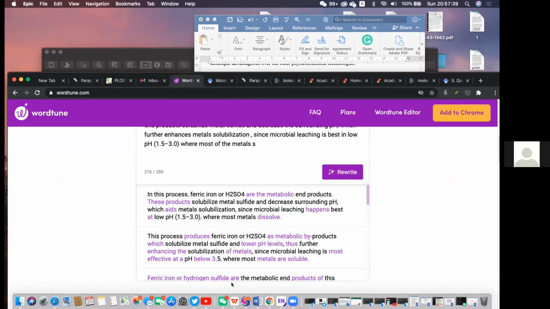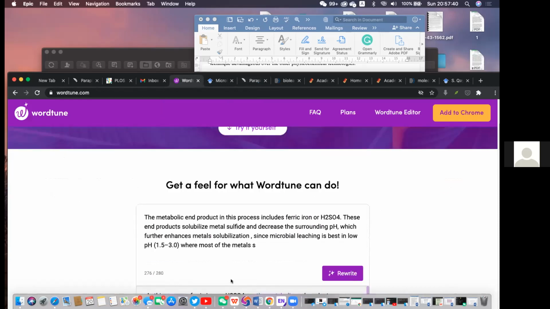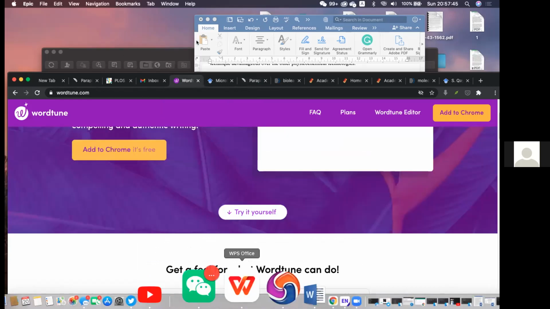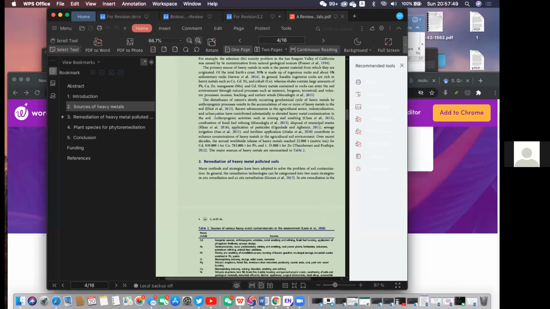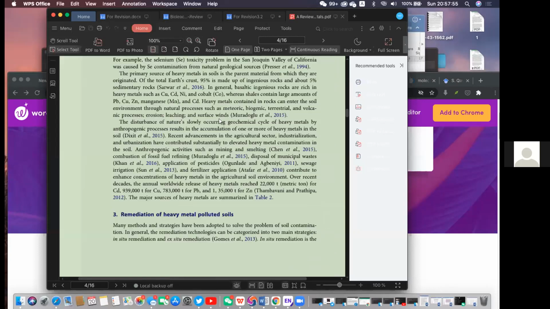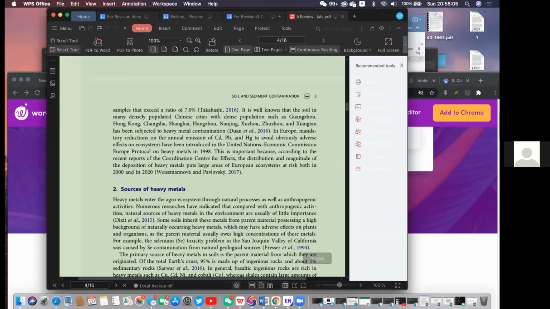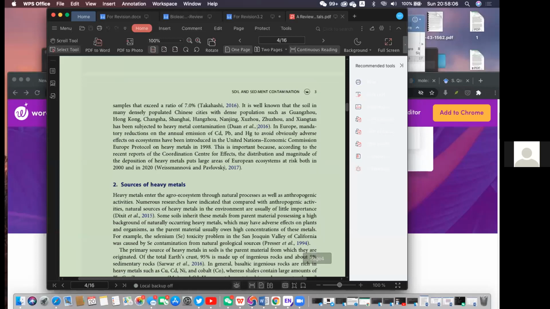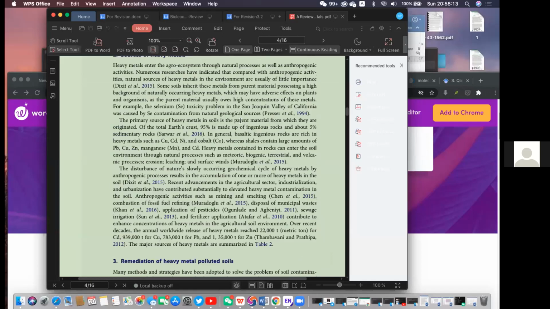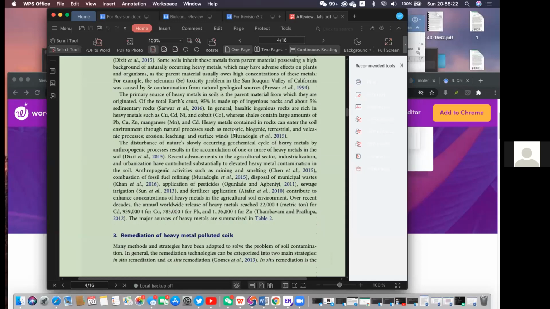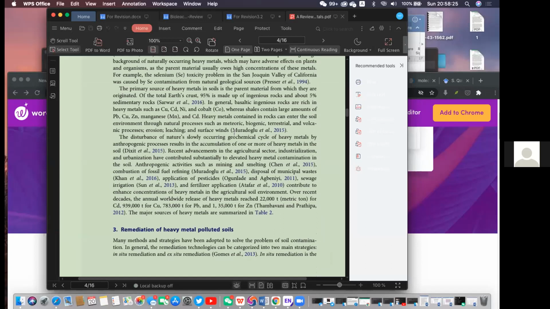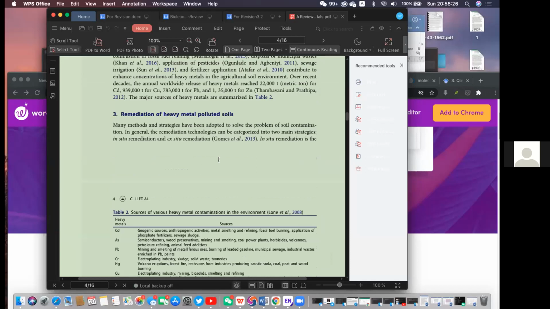So let me try and open a journal. For instance, I'm reading this journal and come across something in there. I think because we cannot write everything from our head, that is impossible. And besides, whatever we are doing, someone has already done it. There's no area that people haven't done something. And so obviously we will pick on people's work and we just try to make them into our own words. Yes. So I'm reading and I come across